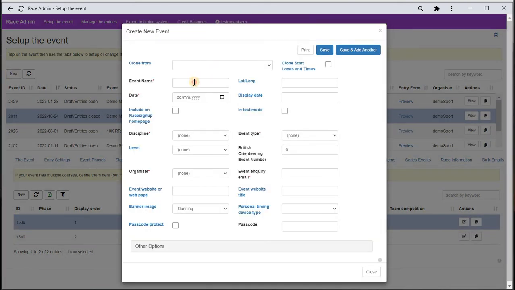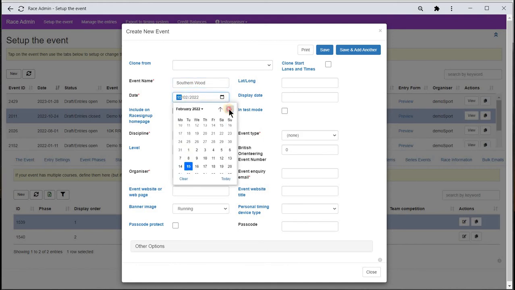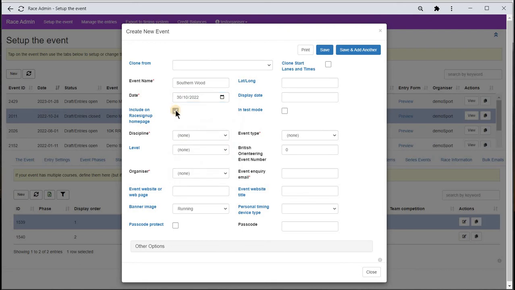Give the event a name and a date. Include it on the Race Signup homepage and put it in test mode. When your event is in test mode, nobody can enter the event for real, but you can use it to make test entries. Select orienteering as the discipline